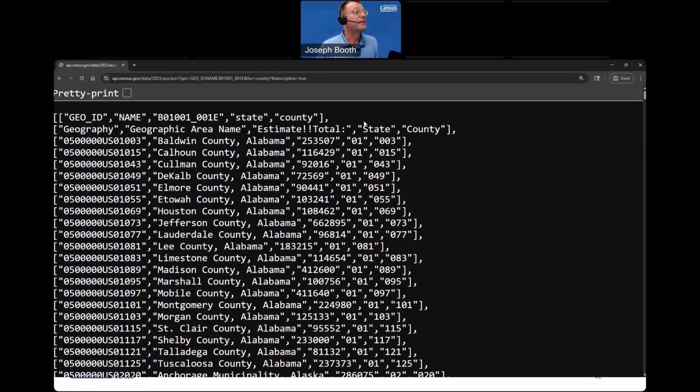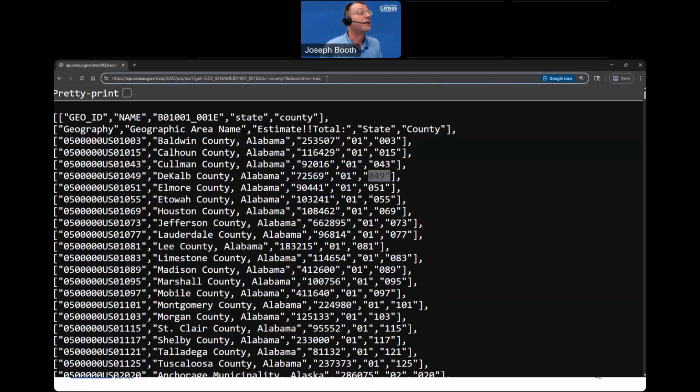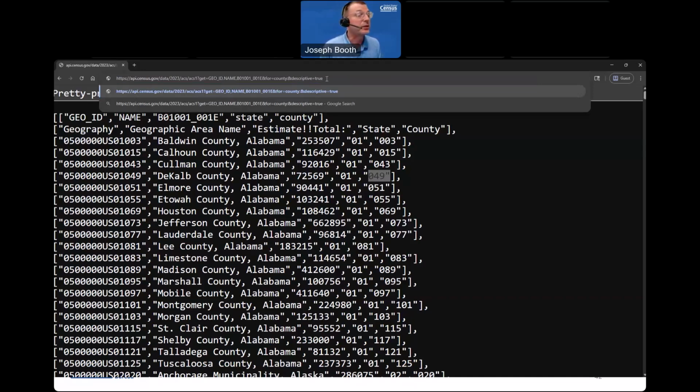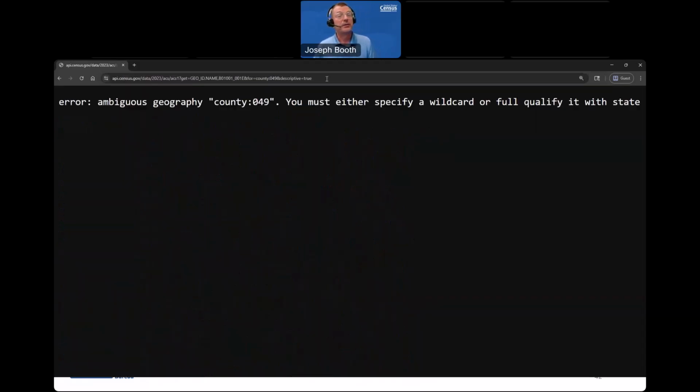So one of the things that you would think you should be able to do, let's take DeKalb County, Alabama. You would think, okay, I've got this county code, and I'm just going to change the county from star and put in this code, 049. There we go. And I'm going to hit enter, and you're going to see that we do not get what we thought we were supposed to get.